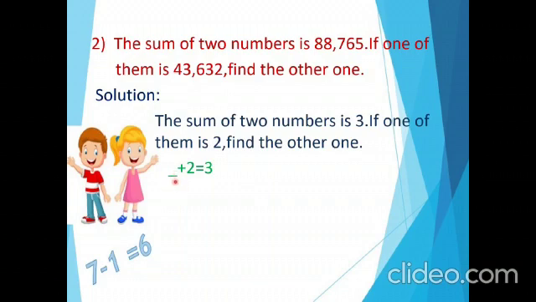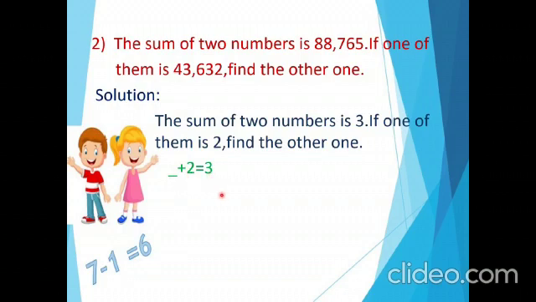If I take 0 here, what is 0 plus 2? That is 2. So that is the wrong one. We are not getting 3 as the sum. So take the next number, that is 1. What is 1 plus 2, children? That is 3. Here also the sum is 3. So 1 is the right answer. If I take 1 here, 1 plus 2, that is the number we have to add to 2 to make the sum 3.